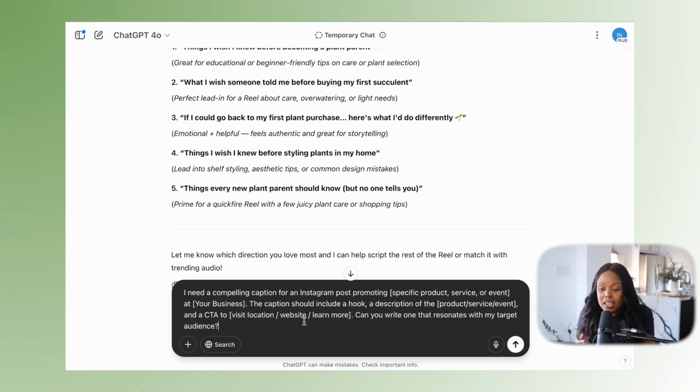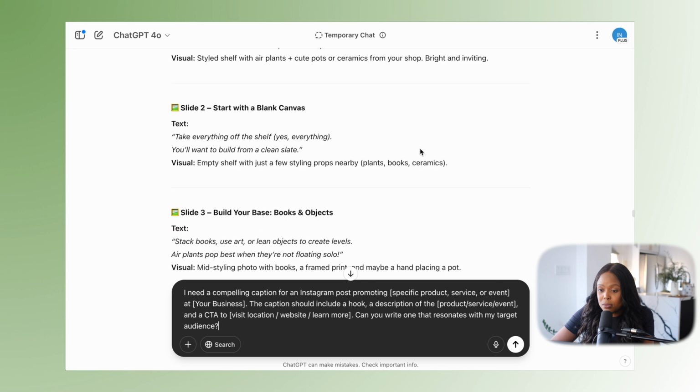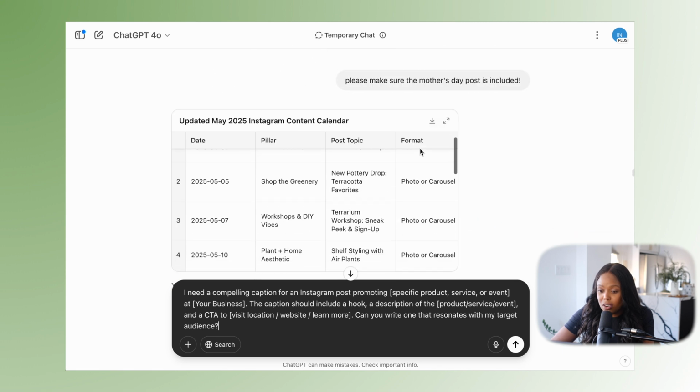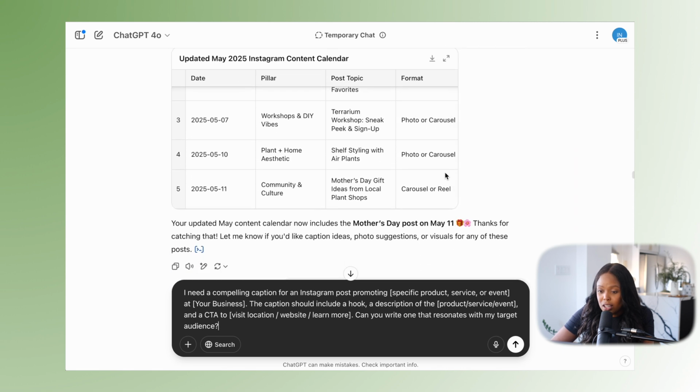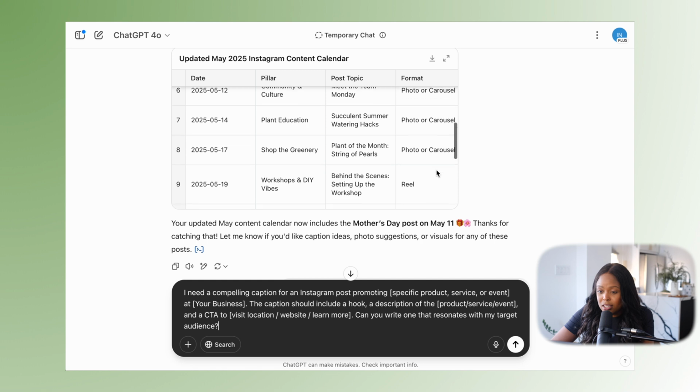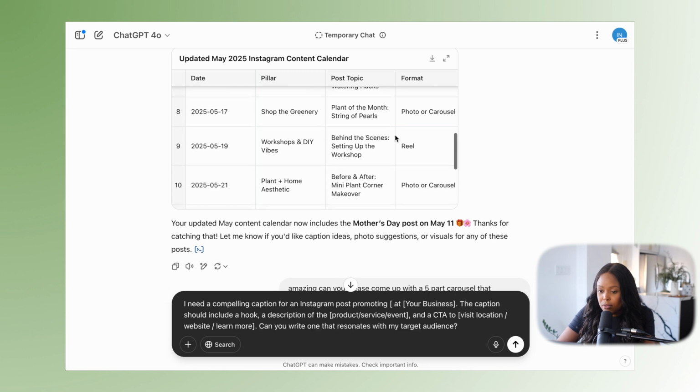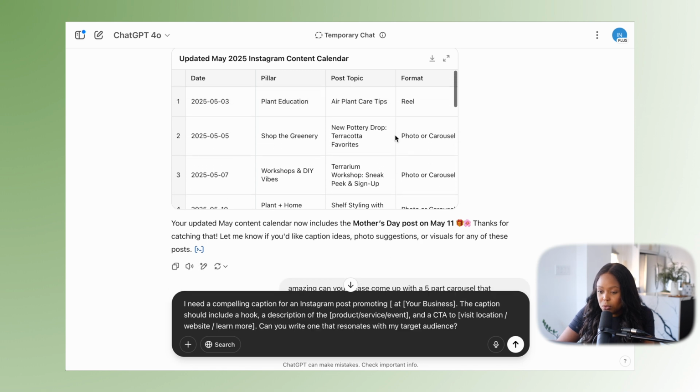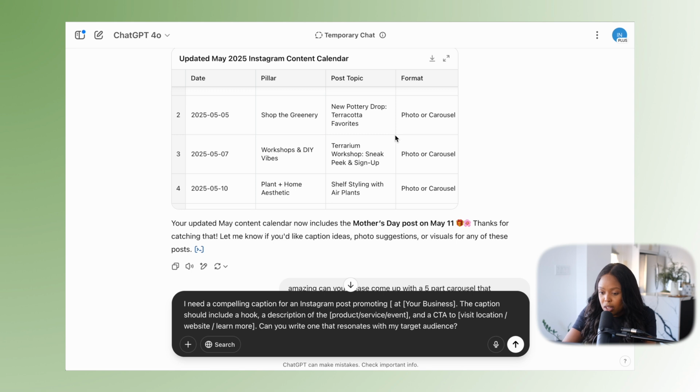But even without that guide though, here's how you could prompt ChatGPT. I need a compelling caption for an Instagram post promoting, and I'm going to come back up here because we have so many good things in our content calendar. Let's see. Let's go with our event, which was the terrarium workshop. Our terrarium workshop